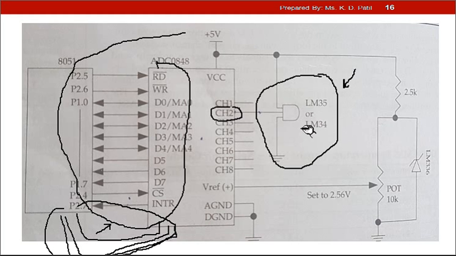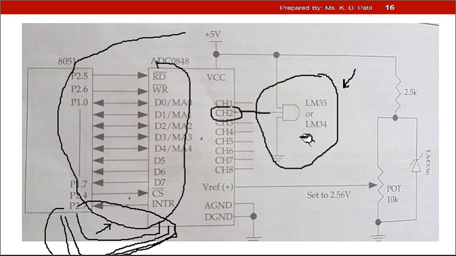It will require an ADC as an intermediator, because these sensors will record the physical entities, and those physical entities will be converted into analog signals in terms of voltages, and that work will be performed by the sensors. And then those analog signals are converted into digital numbers, and that work is performed by the ADC. Now in the previous figure, input 1 was selected. Here also input 1 is selected, and to that input 1 you can interface this temperature sensor LM34 or LM35, or any other sensor. If you want to record pressure, then you can interface a pressure sensor here.